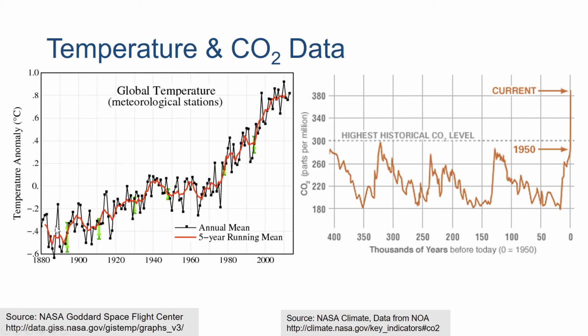Basically, in 1880 you can see the temperature is somewhere around -0.2, -0.4. The variation is the global temperature based on meteorological stations. It is very less. But now if you check, it is around 0.8. So this is an anomaly. This is minus 0.4. Basically, an anomaly means the variation from a kind of index. So initially it is minus 0.4, and now it has gone up to 0.8. You can see how it has increased.